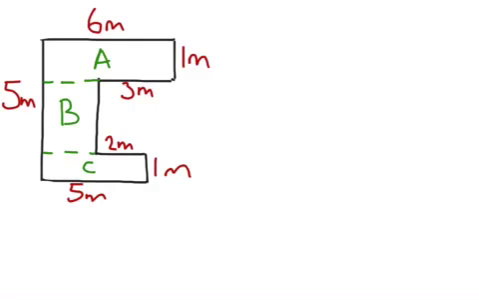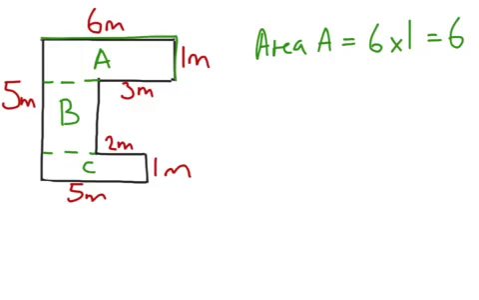So when I go to find my area, area A is equal to length times breadth, 6 times 1, which is 6. Area B is this area here. Now I need to just be slightly careful